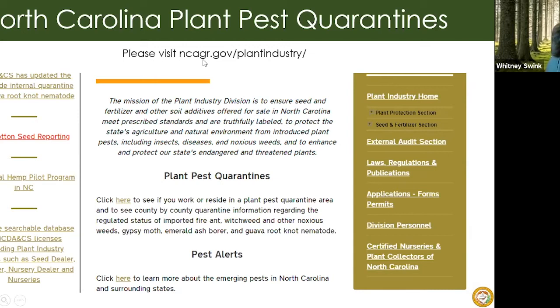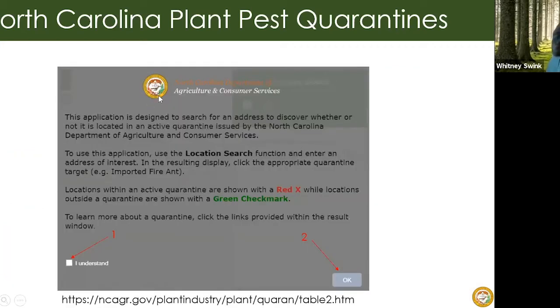But you can also just go to our homepage, which is ncagr.gov/plantindustry. And right here on the front, you'll see the section called Plant Pest Quarantines. And if you click on this highlighted link, you will get this page. At the bottom of this page is a big table that basically lists our pests with quarantines, insect pests, weeds,